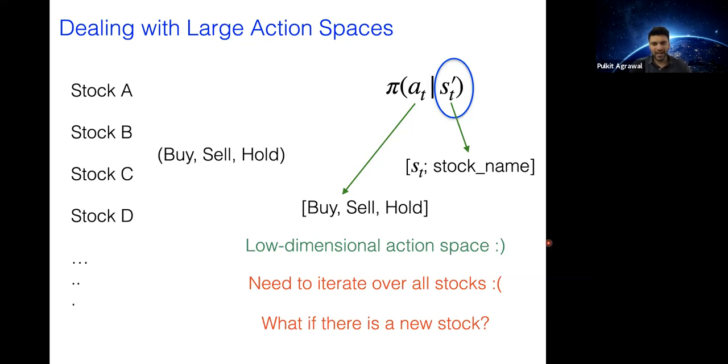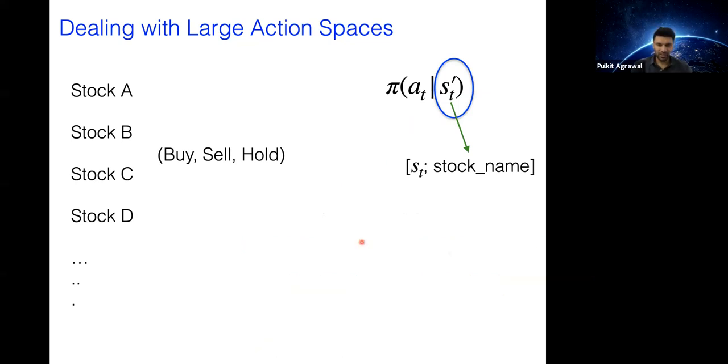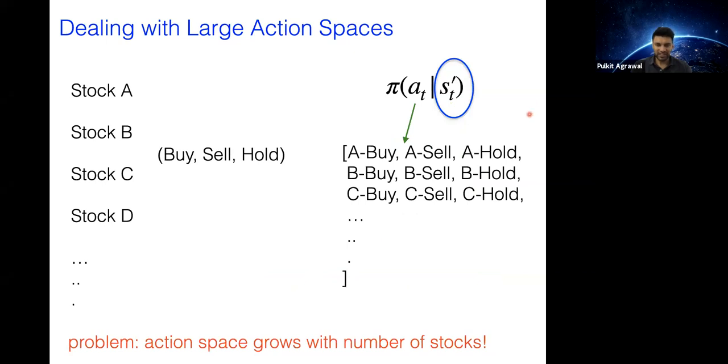So, and I think Dhruv has another question: could we use a tensor output which simultaneously tells us the action for every stock? If you're commenting on the fact that we need to iterate over all stocks and we can parallelize the computation, I think that's definitely possible to parallelize it. I guess the point I was trying to make was that if you consider the setup on the naive setup,